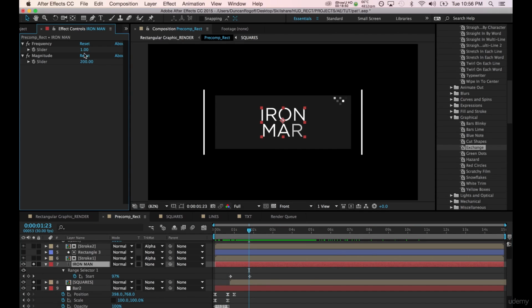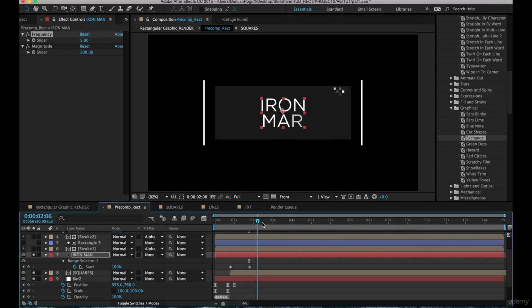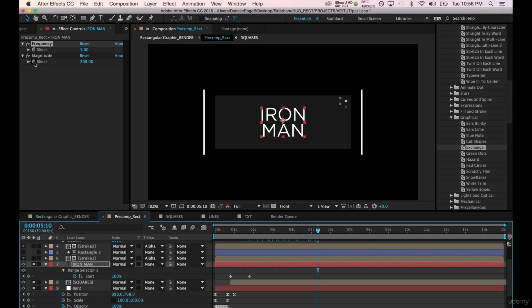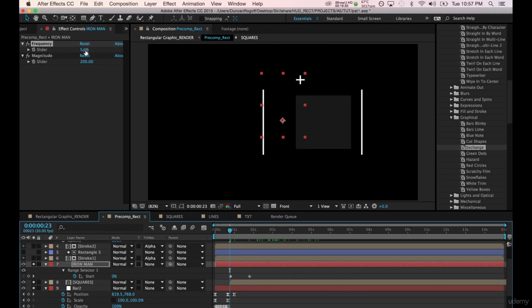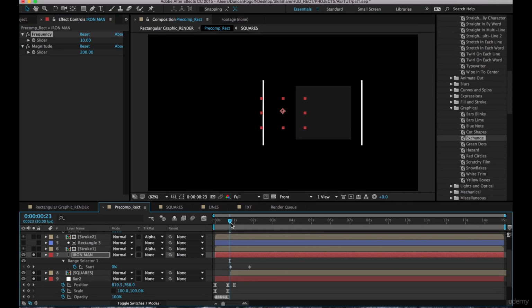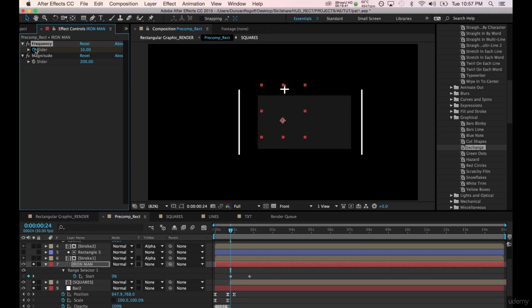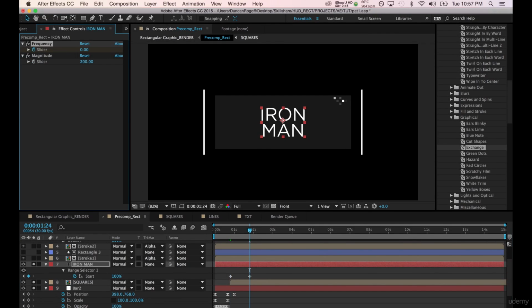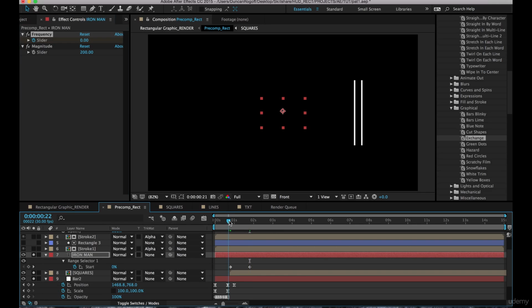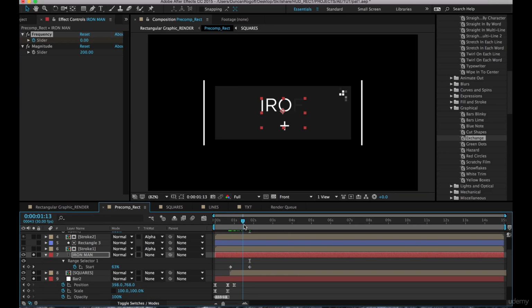You can change some of the parameters here in these sliders. So if you want to change the frequency to something like 5, you'll see that this happens a lot more often. What's great is that these parameters are animatable. So what we can do is we can animate this frequency from something like 10 when our animation starts, all the way down to 0 when it ends. So now this should exchange